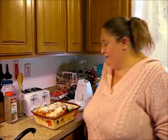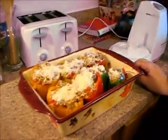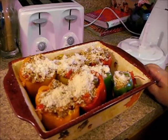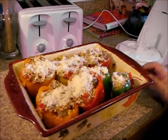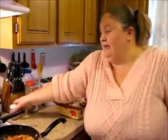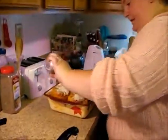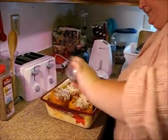Hi everyone, so this is what they all look like after they're stuffed, and I got the cheese on. I added a little bit more stuffing to a couple of them. They didn't look as full, and I just sprinkled all that cheese over the top. Now I'm going to use the rest of my seasoning. So we're going to sprinkle some pepper over the tops,